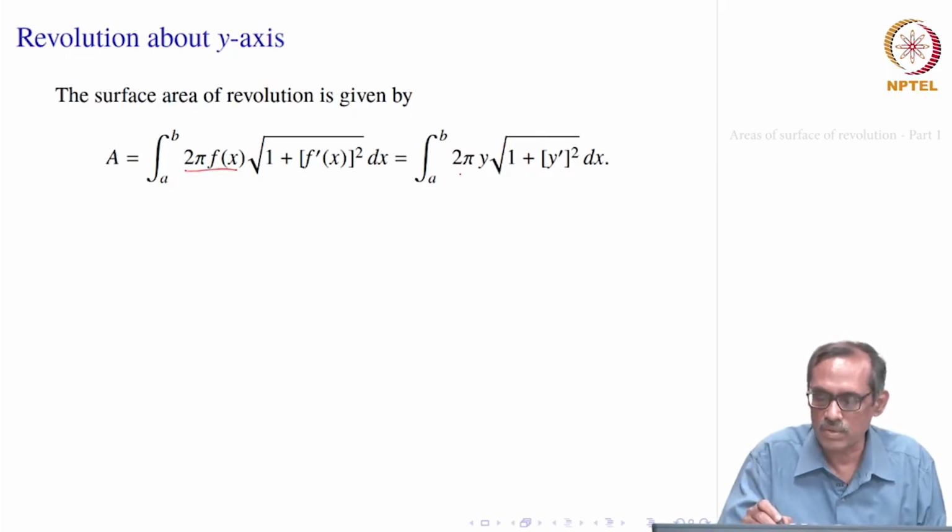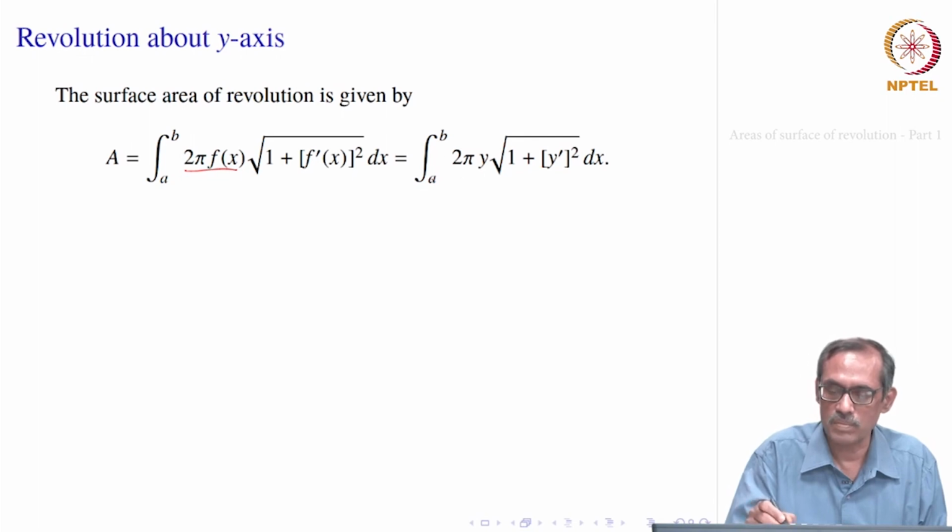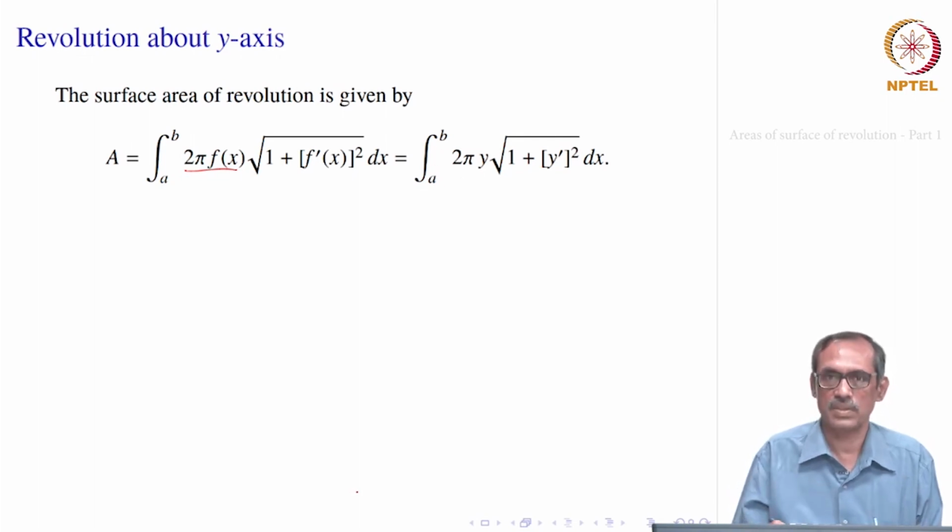So, this also we can write as 2 pi y times the square root of 1 plus y prime squared dx, where x is varying from a to b. So, a and b are the limits for x. Now, all these things happen when you have the curve given as y equals f(x), and it is assumed that f(x) is greater than or equal to 0, and then of course, we assume that the curve does not intersect itself, so that you will not get the surface area if it intersects. So, it is non-intersecting and it is traversed only once when x varies from a to b.